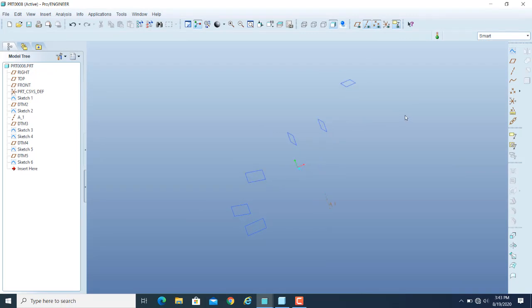So these are different sketches that I have created, and let me turn on the plane option for you. So what I did in this case is that you can see different planes. In addition to those default planes, I have defined sketching planes, the datum planes at various angles, and on those planes I have created different sketches. But you can see that the number of corner points or the number of edges remains the same on all